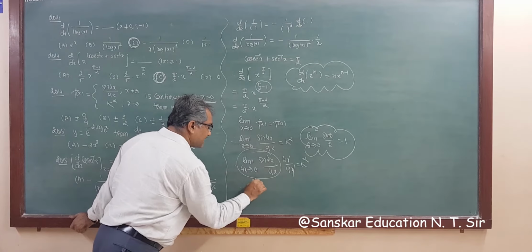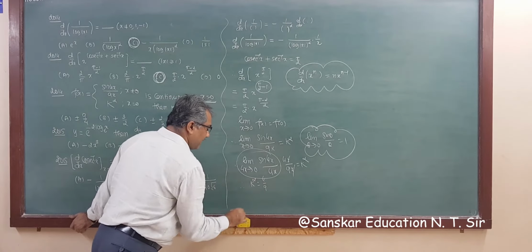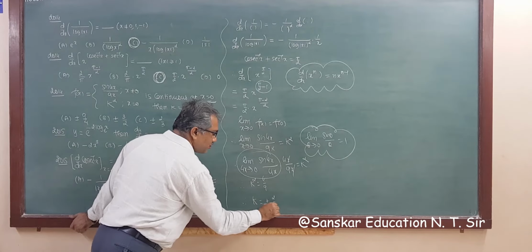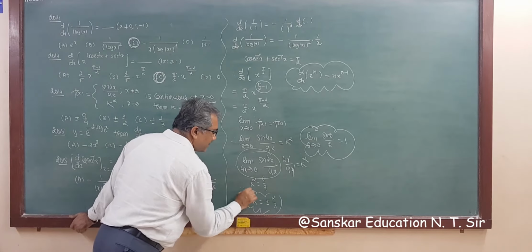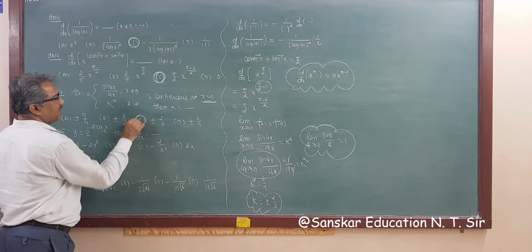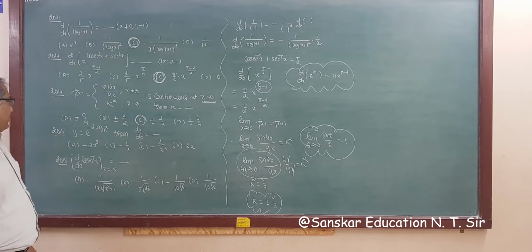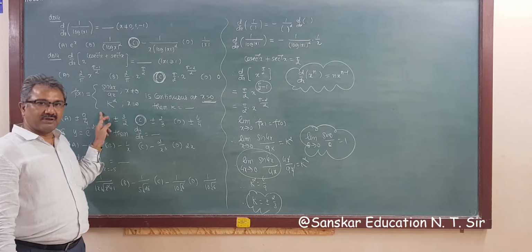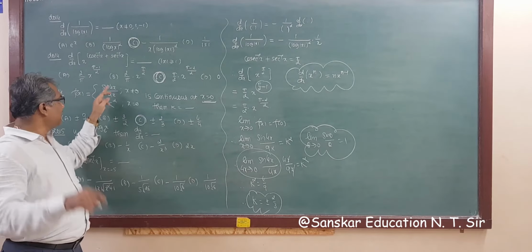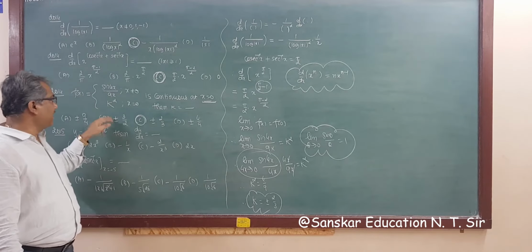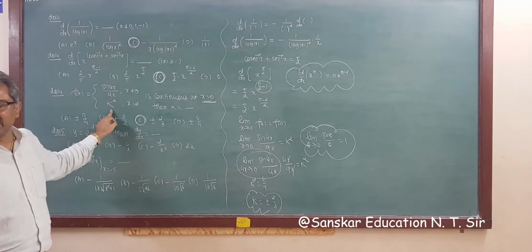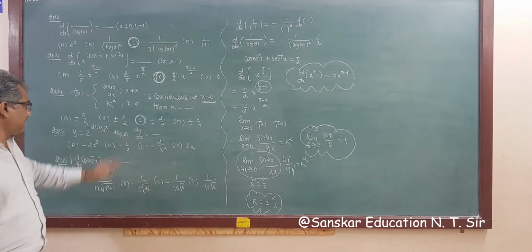So k square is equal to 4 by 9. Taking the square root, it is either plus or minus 2 by 3. So k is equal to 2 by 3 is the correct answer. So option C is your correct answer. We need this type of example, but in that example there is sin 2x upon 7x. Instead of that this is 4 by 9, and in that example it is given that at x equal to 0 the value is k, and here it is given k square. So these are similar examples.